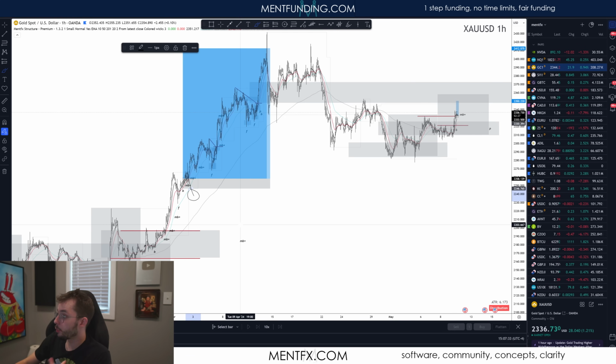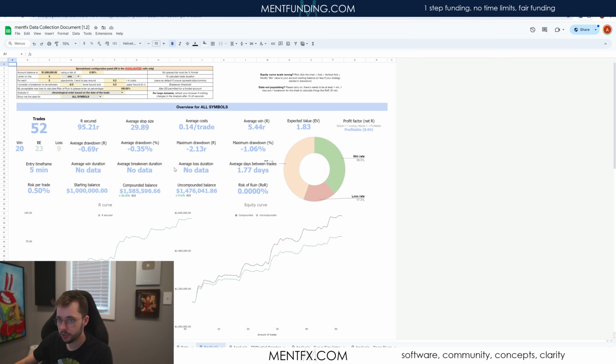Or would you actually be at break even if you took some of these trades that ended up delivering, right? Because theoretically, let's just look at my own data from the last 3 months. Theoretically, if you take a look at this, 20 were wins, 9 were losses, 23 were break-evens. Now, I can guarantee you that at least maybe even a fourth of these break-evens went on to make a run, and a run that could have been worth 8 RR, 10 RR.